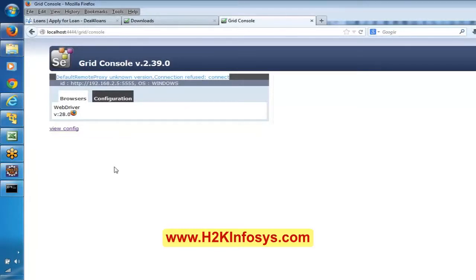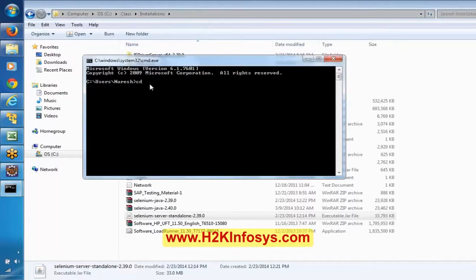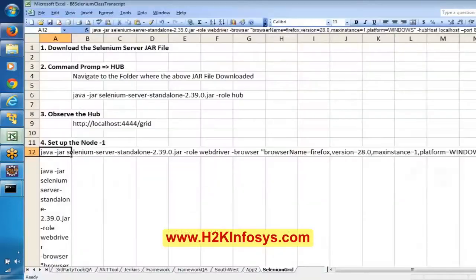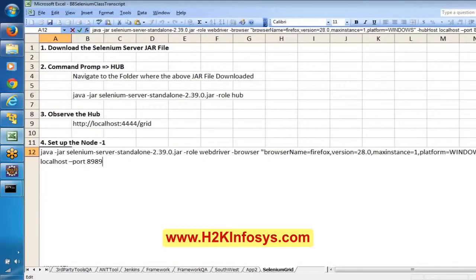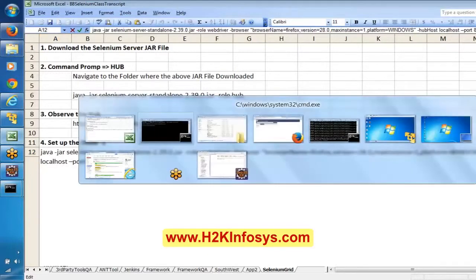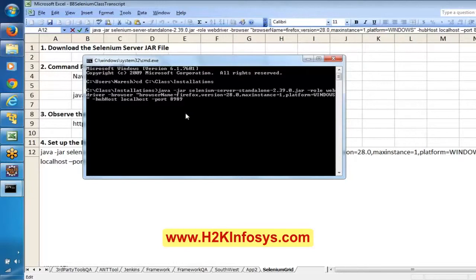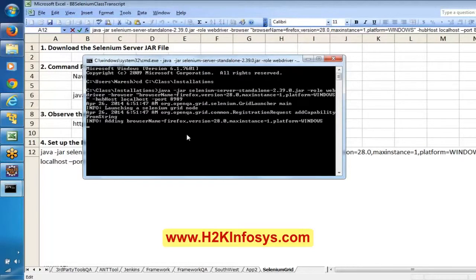Now if you open the command prompt, and I again open this node, let me mention cd space. Okay, and if I go here, now we are executing this, right?